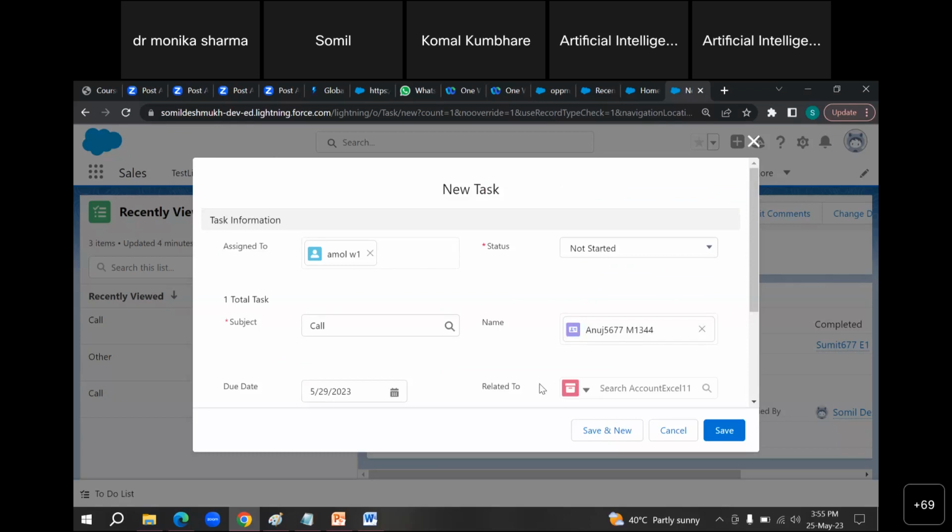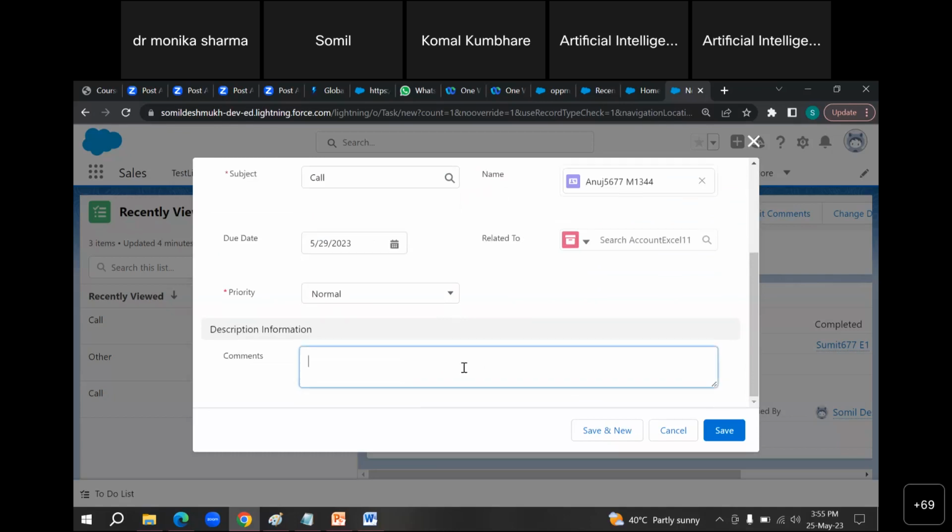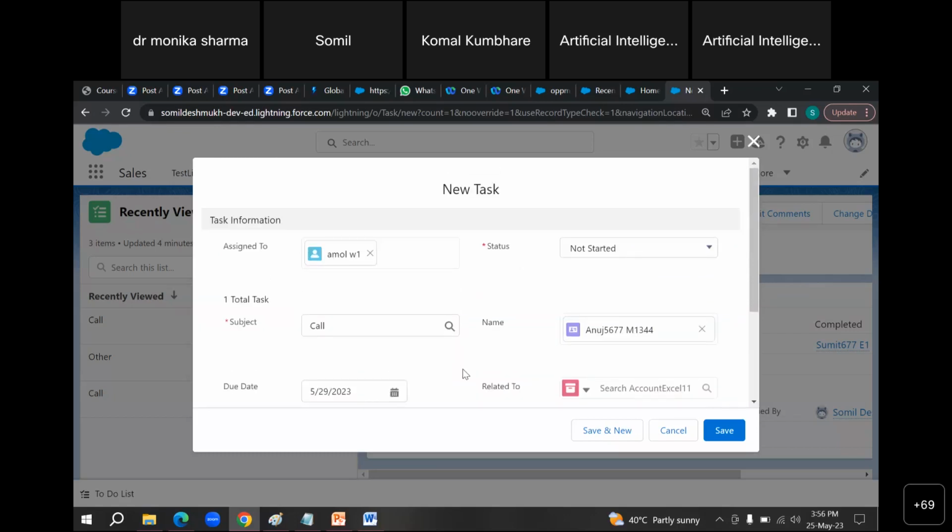Okay. And then comment. So I can say calling customer Anuj. So like that, you can assign some task to the specific persons. So किसी specific person को आप क्या कर सकते हो?